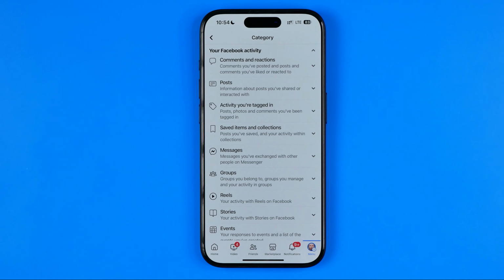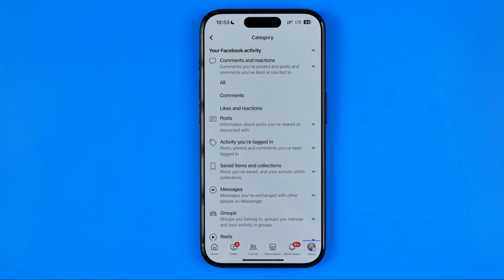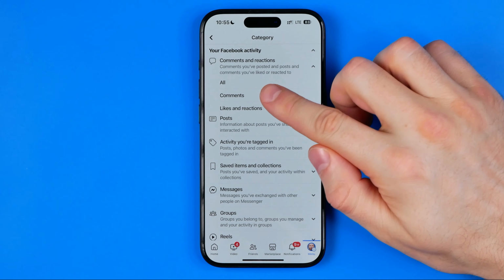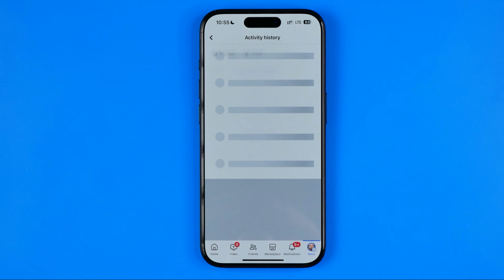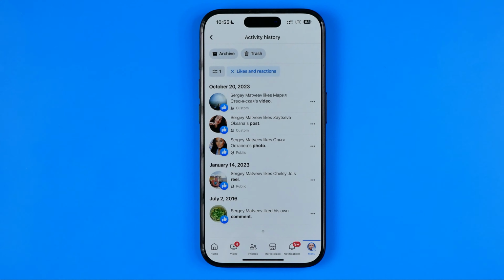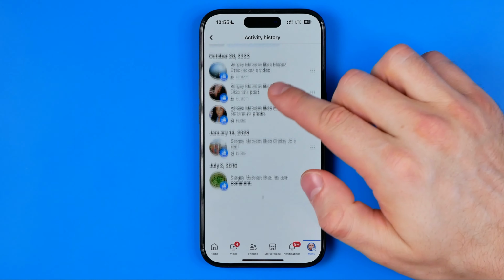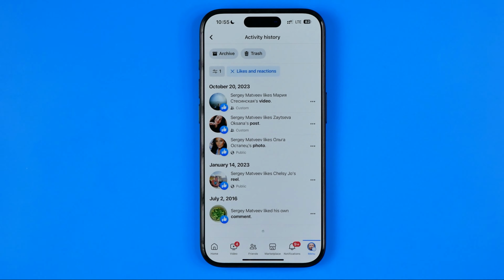comments and reactions. Unfortunately, there is no option here to see the history of all viewed Reels on Facebook, and in order to be able to find the Reels you like, I recommend that you just like, comment or save Reels while you are watching them, and after that you will be able to tap on comments and reactions. Then you can select comments or likes and reactions, and it will show you all the content you have liked, reacted to or commented on,